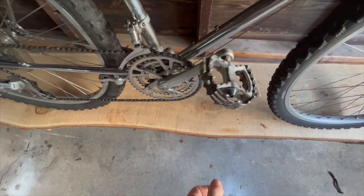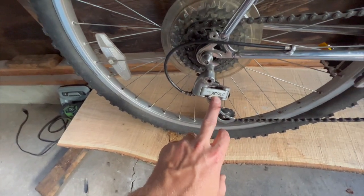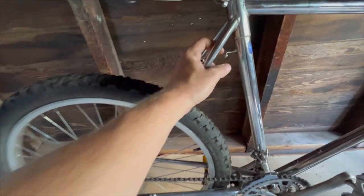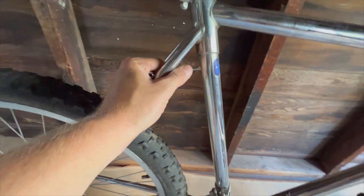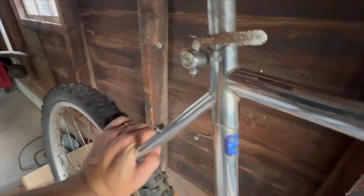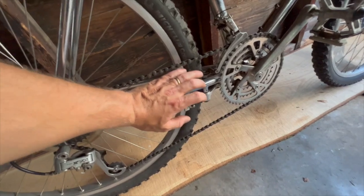They need to be rebuilt. It's full Suntour XC Sport, so I feel like it's mid-tier Suntour. I'm not quite sure. Oh, look, it's got this pretty little frame pump braze-on here. Tange MTB tube set. It's just smattered with cool vintage mountain bike charm. Oh, also chainstay